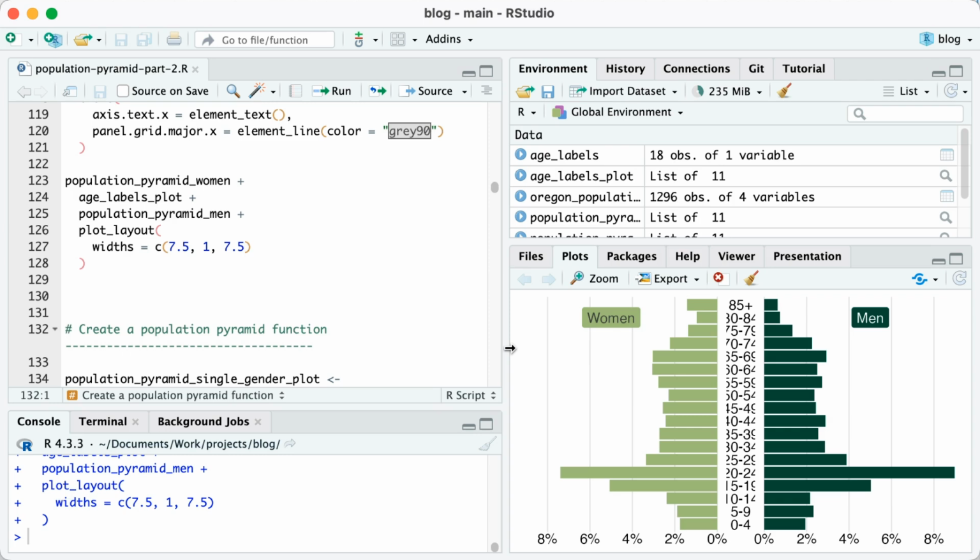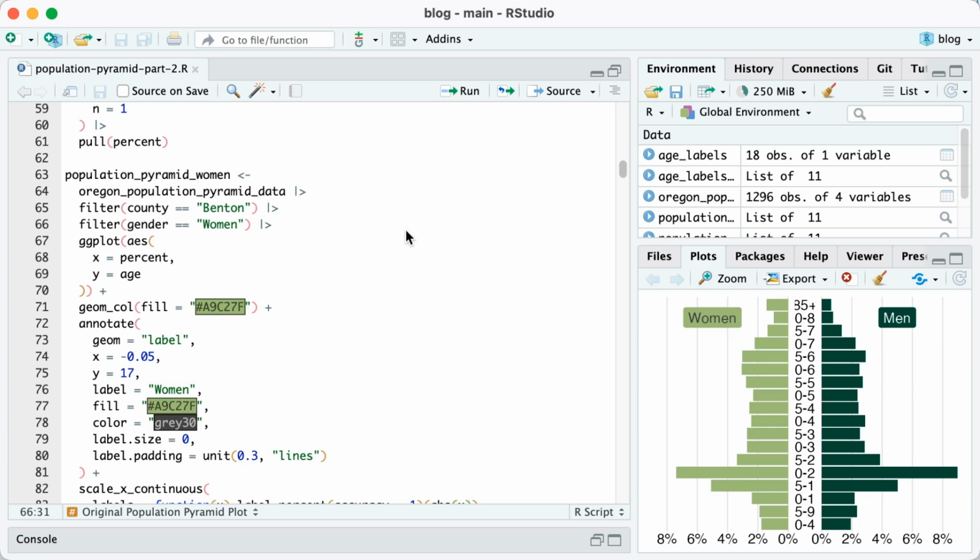Now the age labels in the center are being cut off, but depending on the ultimate size that you use, they wouldn't actually be cut off. Next, let's take the code that I wrote to make a population pyramid for one county and turn it into a function. When I made my population pyramid for Benton County, I started out with my Oregon population pyramid data,